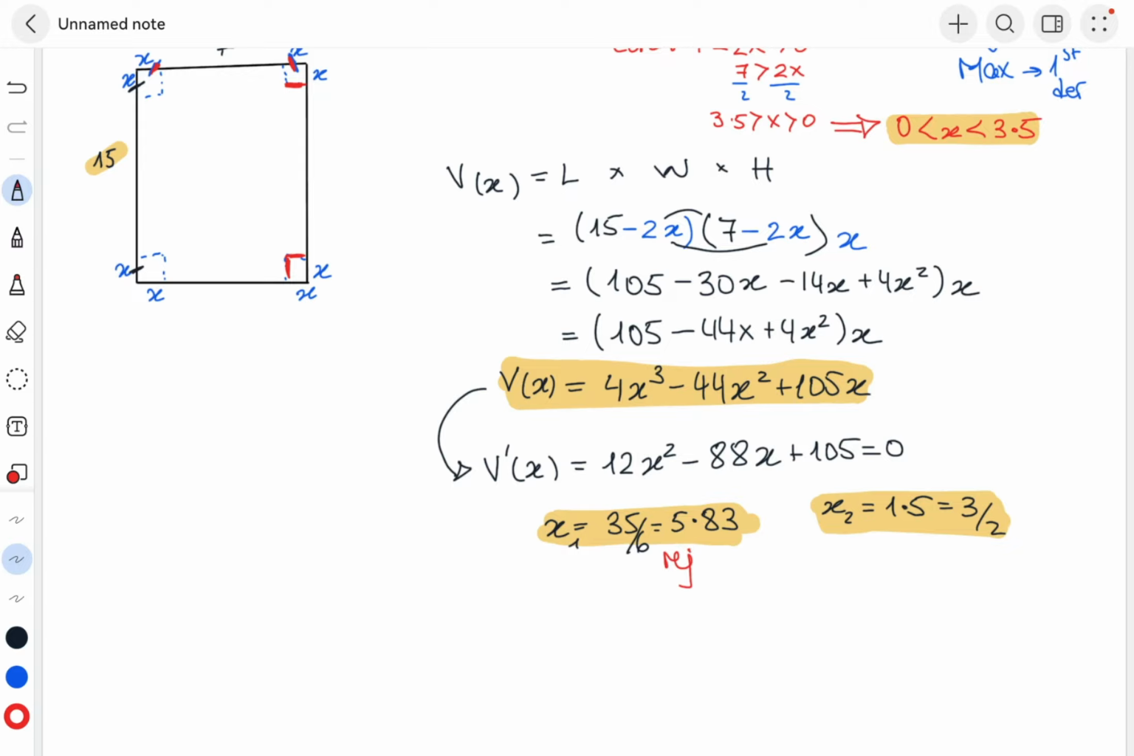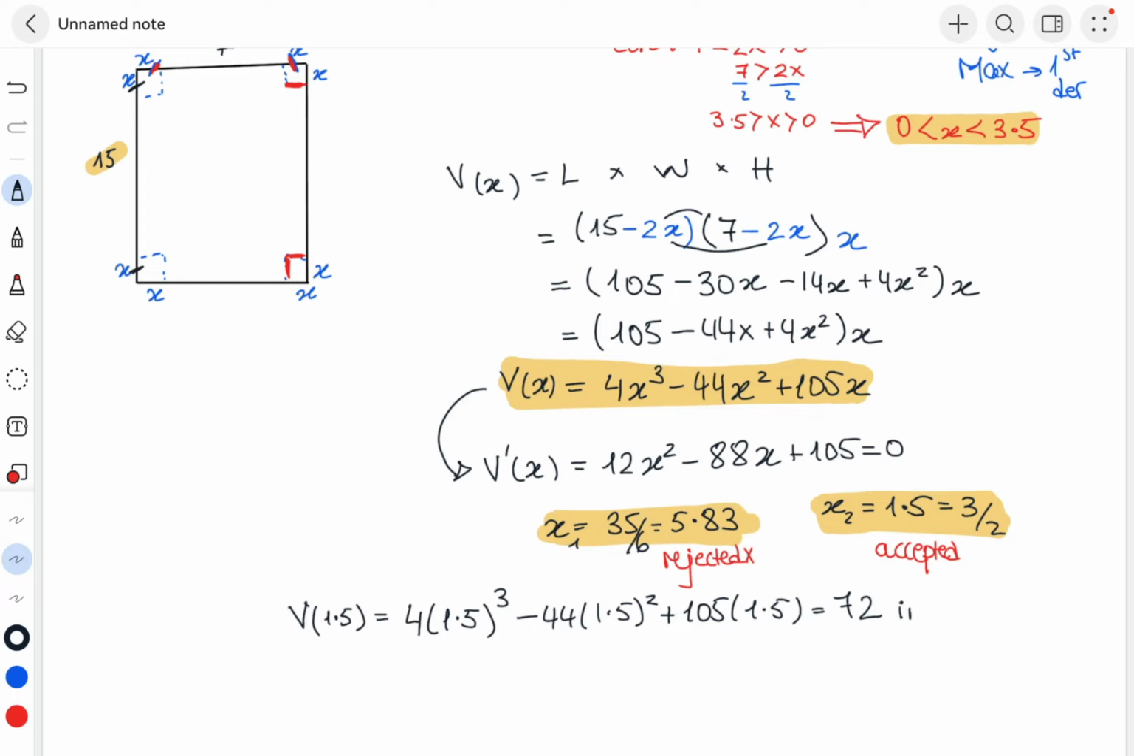So x1 will be rejected. We cannot use it. Now for x2, we have x2 to be 1.5, which is indeed between 0 and 3.5. So x2 is accepted. Now, we found the x, but we didn't find the volume yet. So to find the maximum volume, we need to find v at 1.5, which means we'll replace x with 1.5. We'll have 4 into 1.5 cubed minus 44 into 1.5 squared plus 105 into 1.5, which will give us